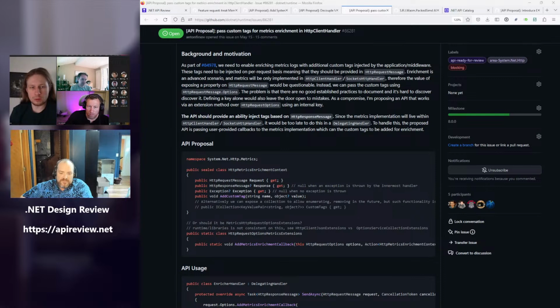So it feels better to me to have it over HTTP request options, and we also decided to define a new namespace for that, so it's a bit more hidden.